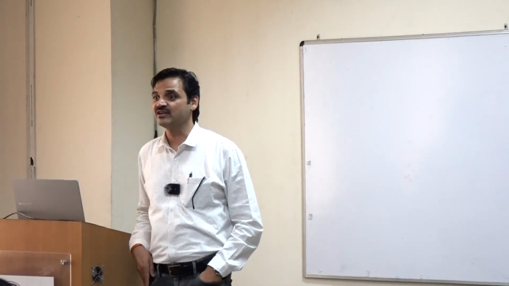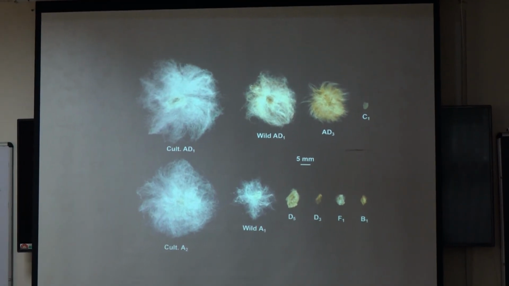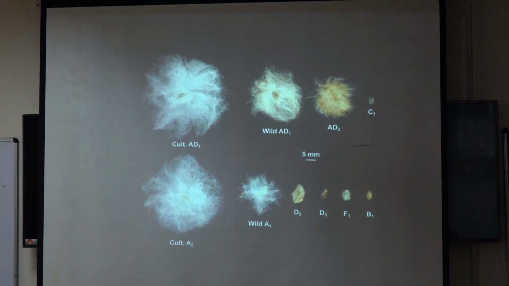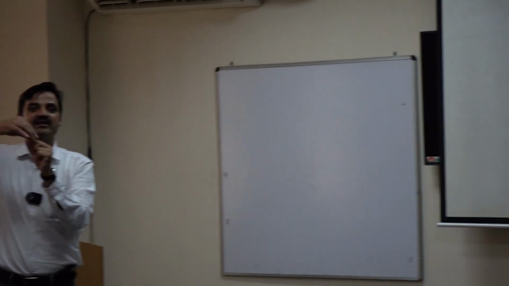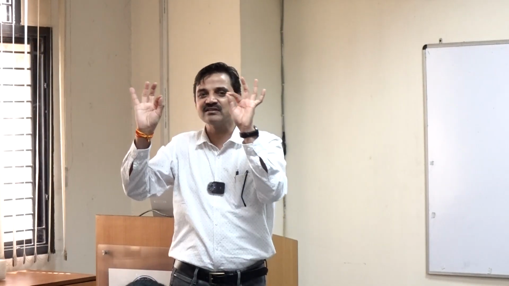If you want to see what has changed under cultivation, this is a beautiful picture clicked by me a few years back, where different species are kept together. In the center you have a seed, and from the seed surface you have cells elongating that we call fiber, cotton fiber. This makes thread. The epidermal cells of the seed extend, and each fiber is a single cell. You can see it with the naked eye, right? From the surface, the epidermal layer cells come out in the form of fiber cells.